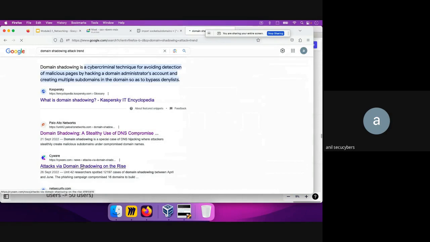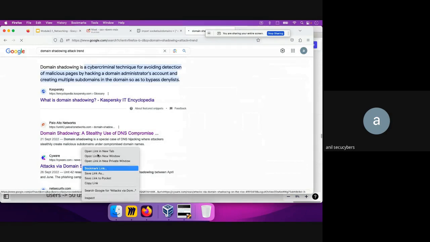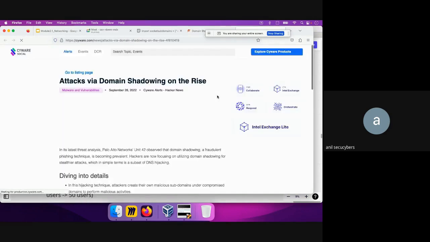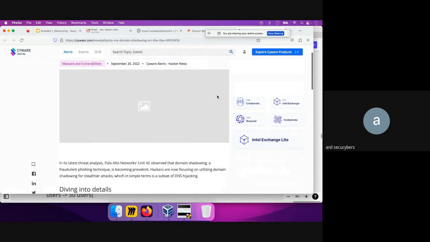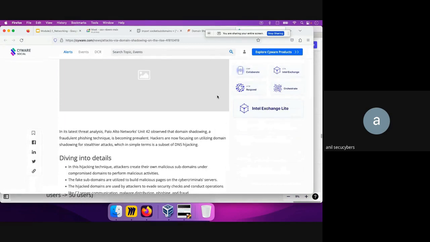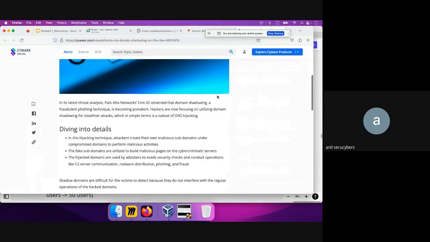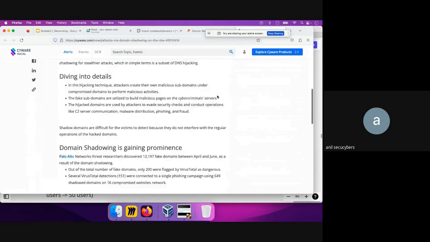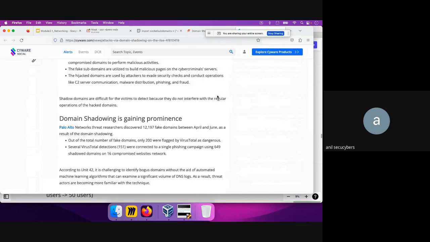Yeah, if you see, attacks by domain shadowing are on the rise. In most cases, what happens is that the DNS server or registrar computer itself is compromised. Let's say the employee falls into a phishing attack, and somehow the attacker gets hold of the registrar computers, the DNS servers they are managing, and can utilize them. So as you see,